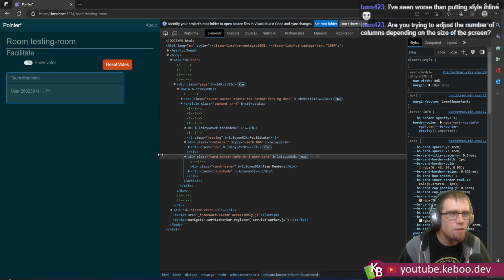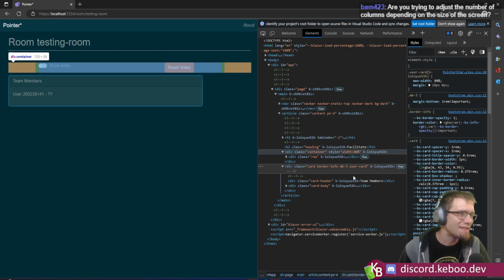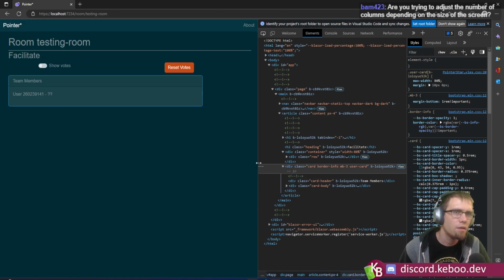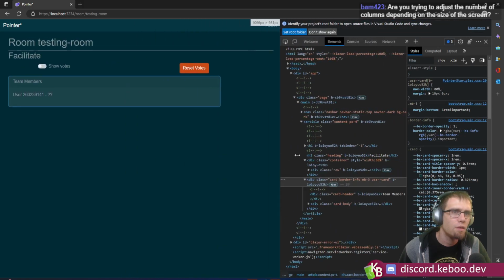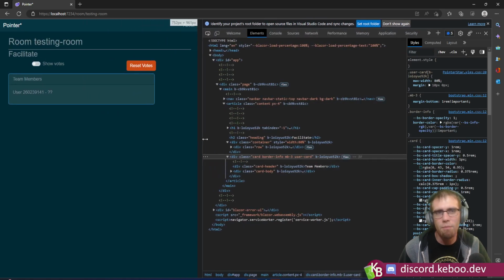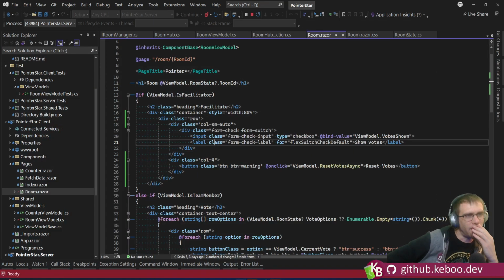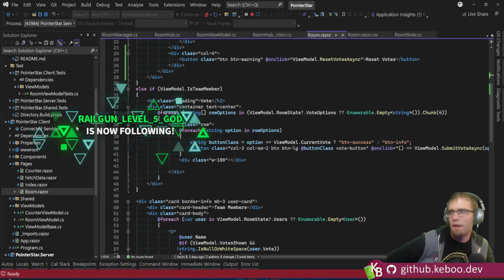So what I'd like to do in an ideal situation, I want this guy left justified and this guy lined up even with this. That's kind of what I want. And I'm wondering if at the end of the day, what I really need to do is put them both in the same grid. That would probably make this a little nicer if I had one container, because right now,